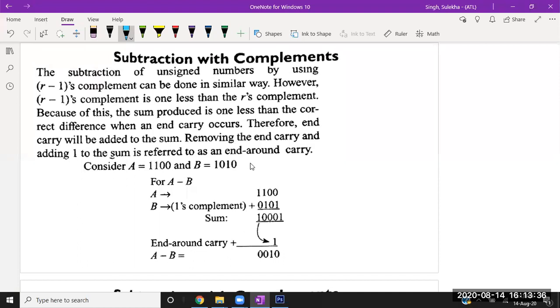How many of you have gone through this subtraction method using 2's complement and 1's complement in your 11th and 12th class or BTech or during the preparation of IIT JEE? If you have already gone through these topics, say I in the chat box, so that accordingly I need to put effort. If you all are very new, then I need to explain all the things from scratch. Okay, most of you.